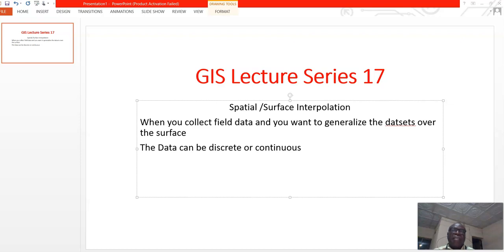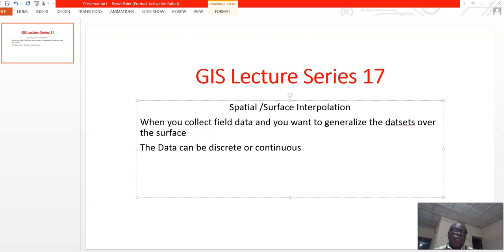The only thing is that you must collect the coordinates of the data, because what makes a data GIS compliant is that it must have a spatial reference. Spatial reference is when you collect the X and Y coordinates of your data. And once you have the X and Y coordinates of the data, you can generalize it.